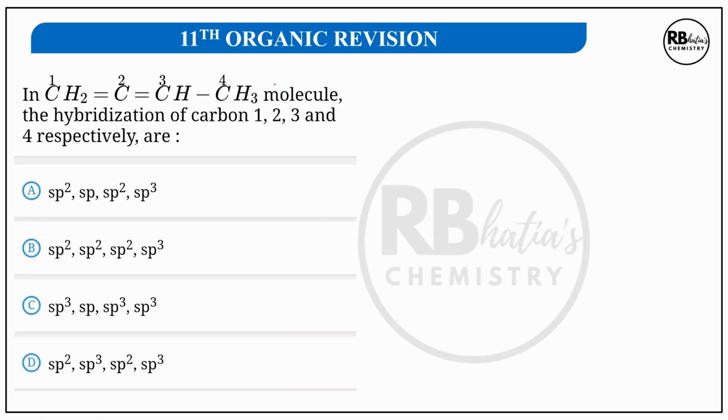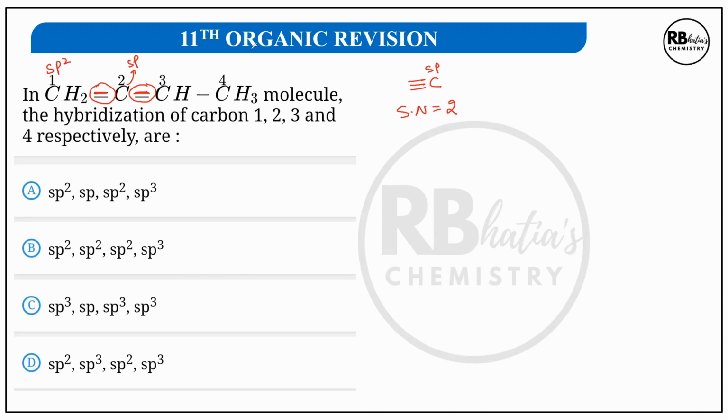The next question, third question, again deals with hybrid states. So the first is sp2. This is sp. How sp? It has 2 pi bonds around it. Look at it this way. 2 pi bonds around a carbon, either in this manner or in this manner, means sp hybridization. Or you can look at it in a different way. It has 2 bond pairs, which means steric number is 2, and hence the hybrid state is